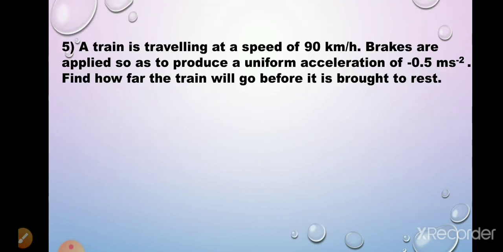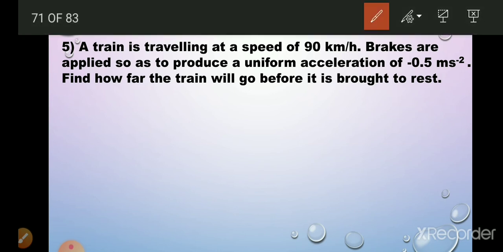Next, let us move on to the next question. A train is travelling at a speed of 90 km per hour. Brakes are applied so as to produce a uniform acceleration of minus 0.5 meter per second square. Find how far the train will go before it is brought to rest. So here the train's speed is given. So let us write down what is given. So 90 km per hour, that means initial